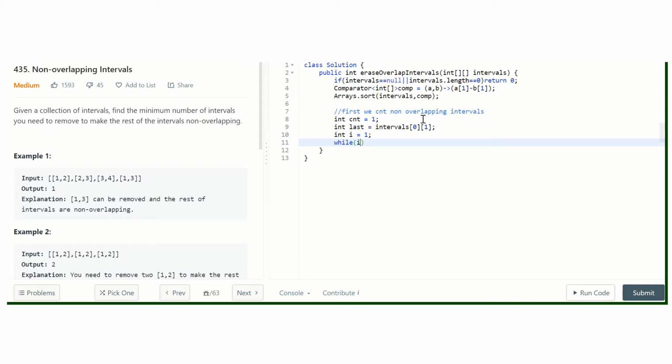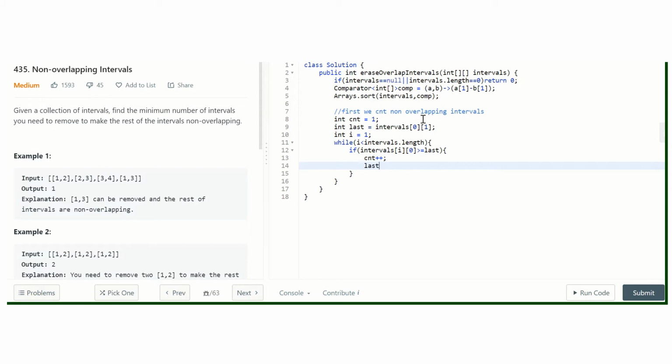So while i is less than intervals.length, we'll check if intervals[i][0] is greater than or equal to last, then we know that it is not intersecting.